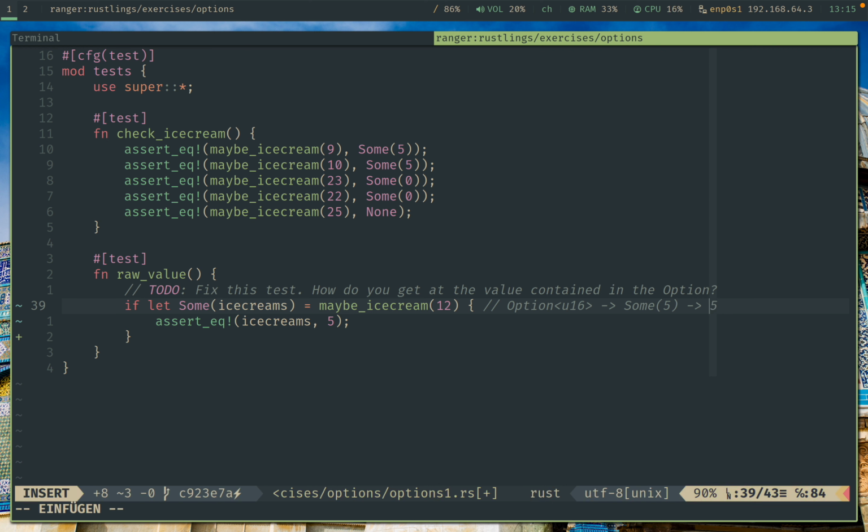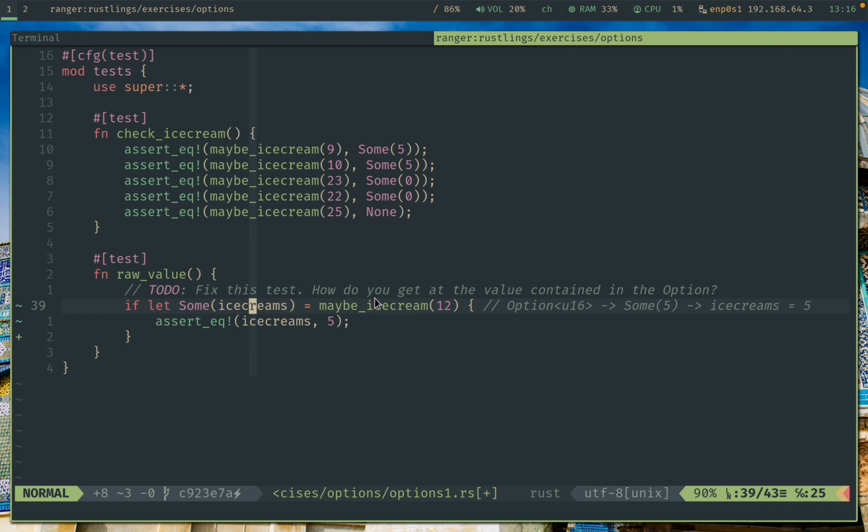So ice creams will be equal to 5, and then it will get asserted like that. So if let Some ice creams, and then we can use this as a normal variable. This will hold 5